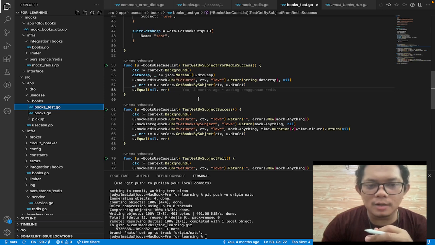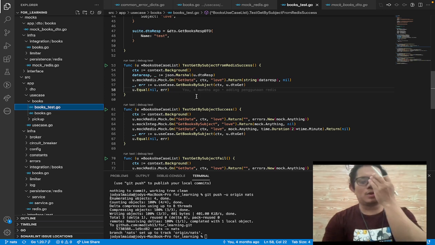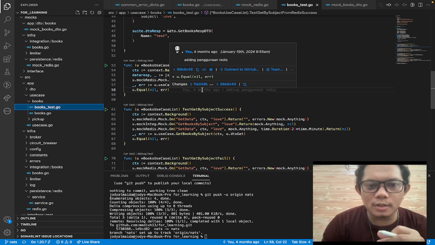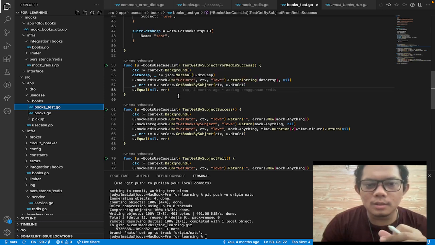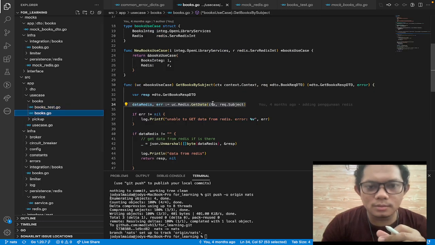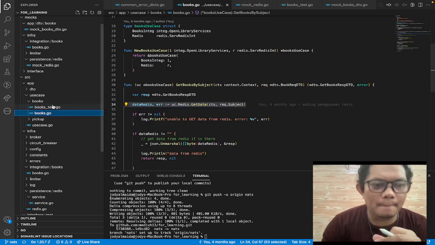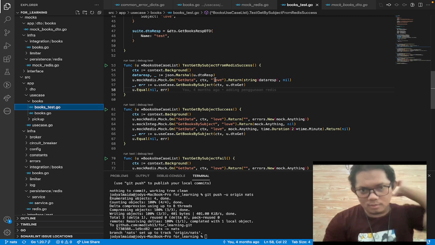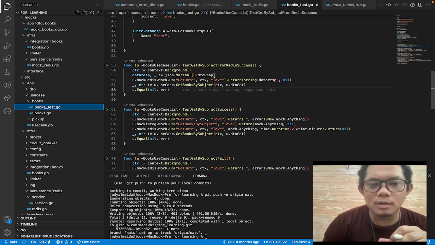In the Redis layer, as you can see, we need a context background, like this. The context and the subject for the key. So we input the request for the key for the Redis search.